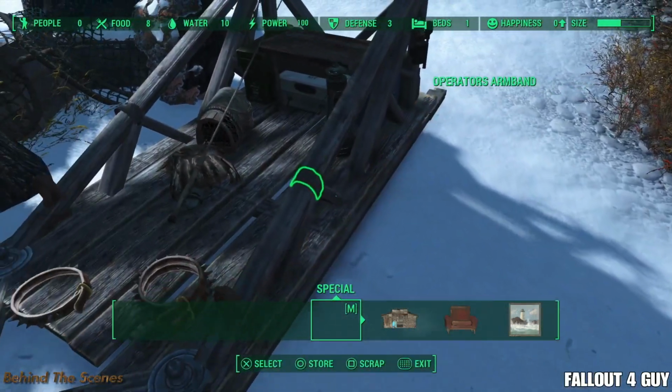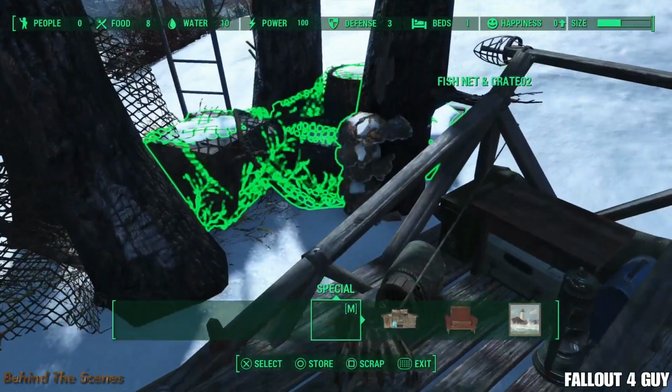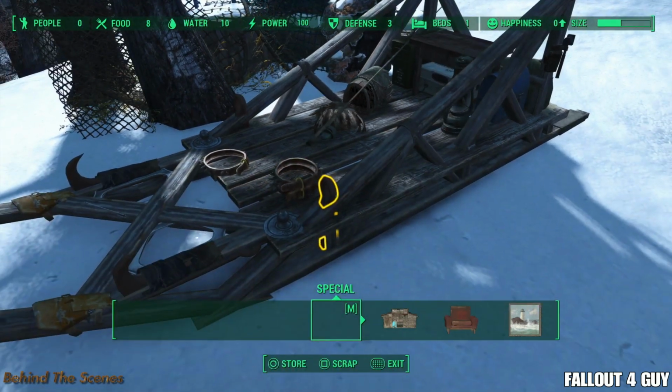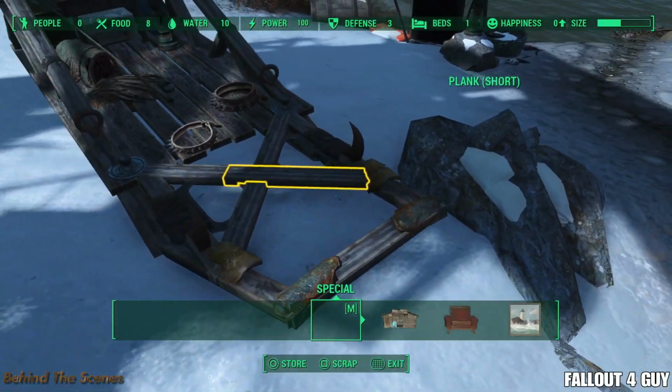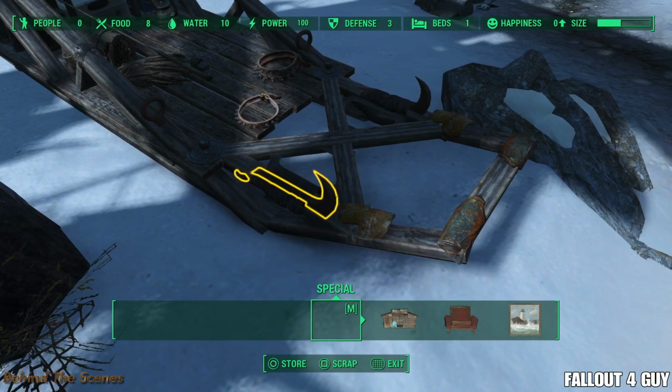These little bits here, the operators' armbands, just look like, you know, sometimes they have more medieval-type designs where metal is wrapped around the wood to hold it together and give it a bit of strength. I just thought that looked like it would do that. More armor parts there, as you can see. The hooks,